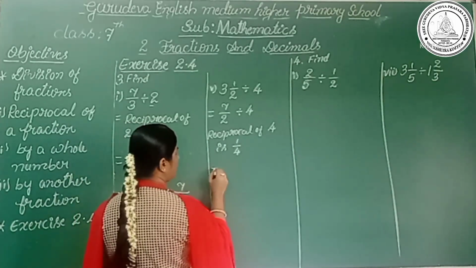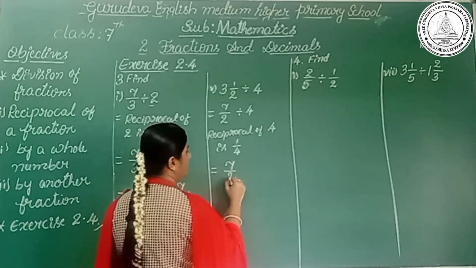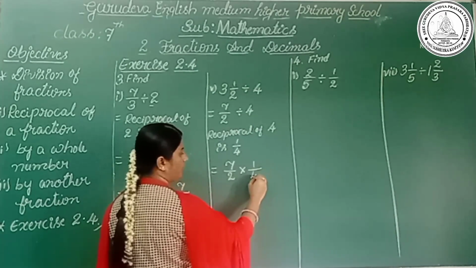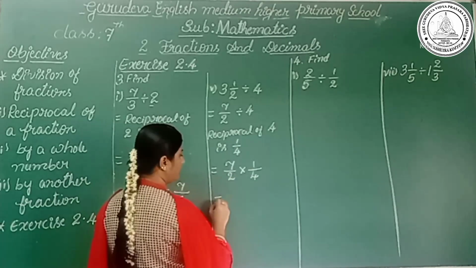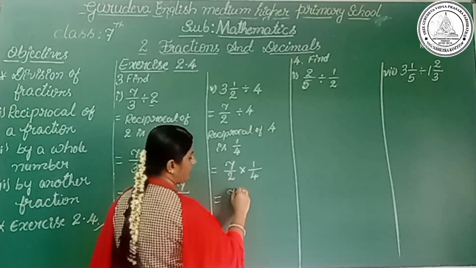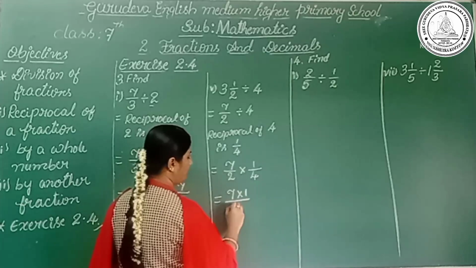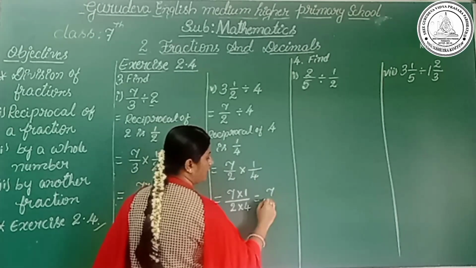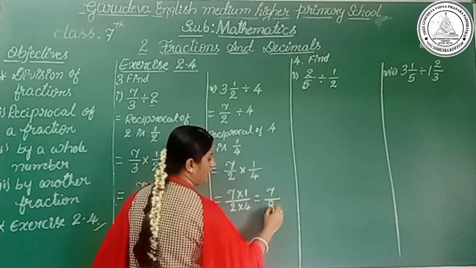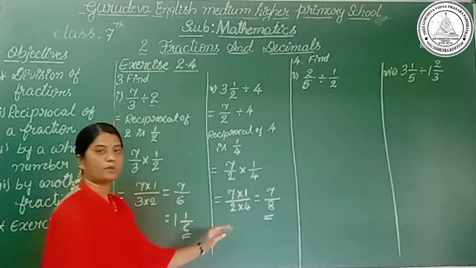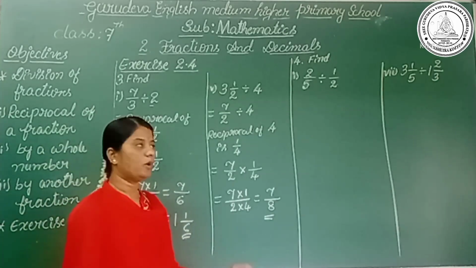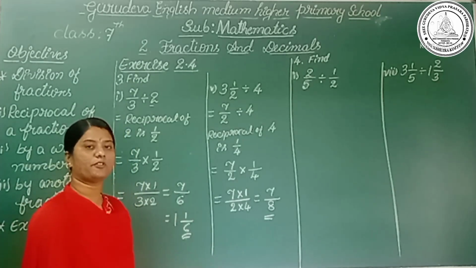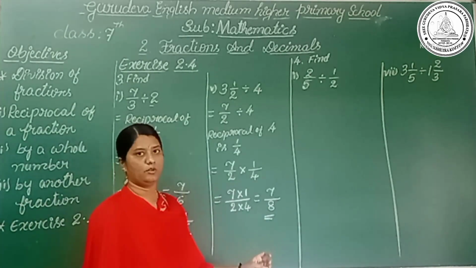Okay. Then which is equal to 7 by 2. The division sign changes into a multiplication sign and 1 by 4. Now multiply the numerator to the numerator. 7 into 1 divided by 2 into 4, which is equal to 7 ones are 7 divided by 2 fours are 8. So it is a proper fraction. So no need to convert into a mixed fraction. Okay. So I have solved 2 different problems and the rest of the problems are very easy. So you may do them in your notes yourself.